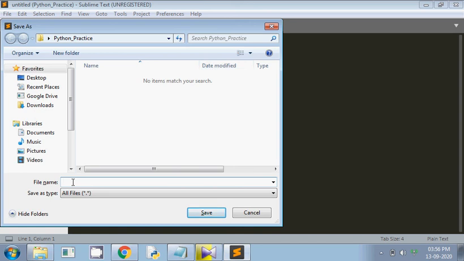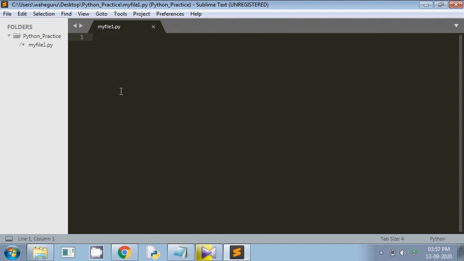Let's say the file is myfile1, but this time we'll have to use .py because Sublime Text is capable of storing any kind of file. So we'll have to use .py. Save, and then we can use the Python code.